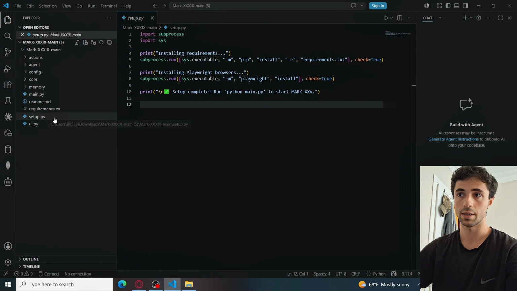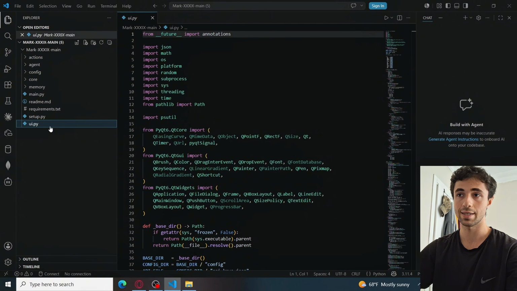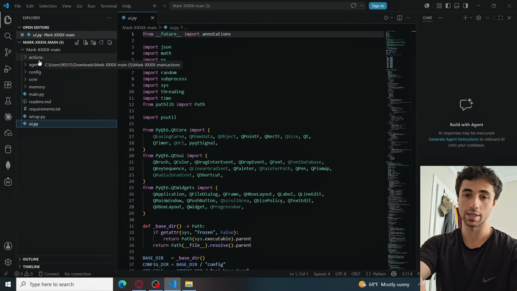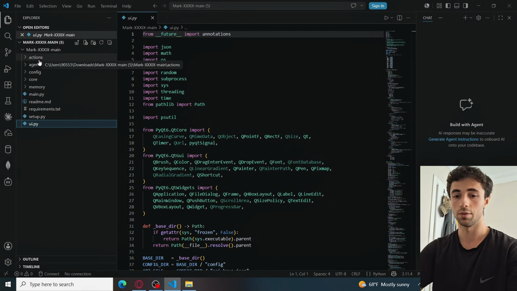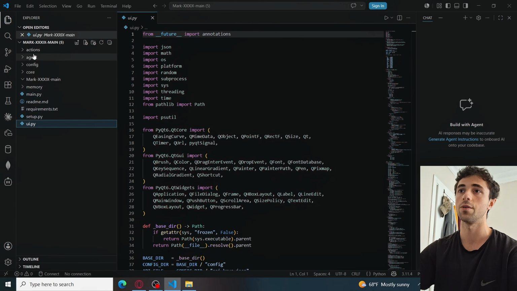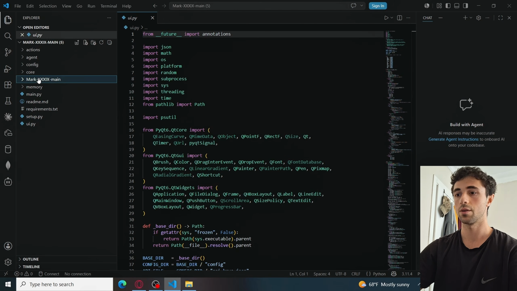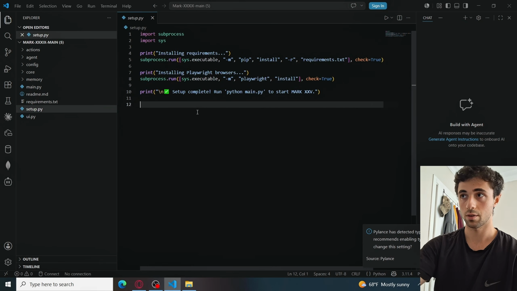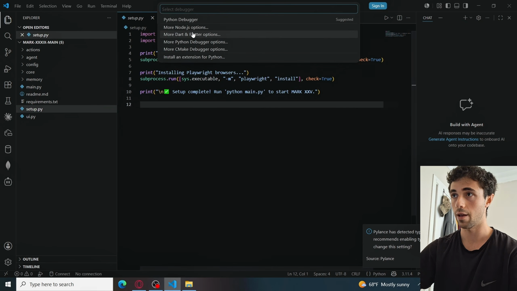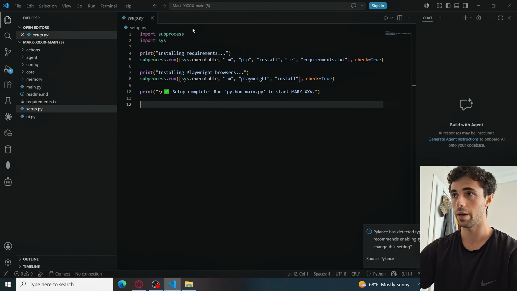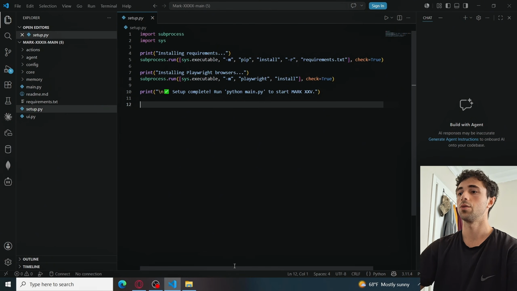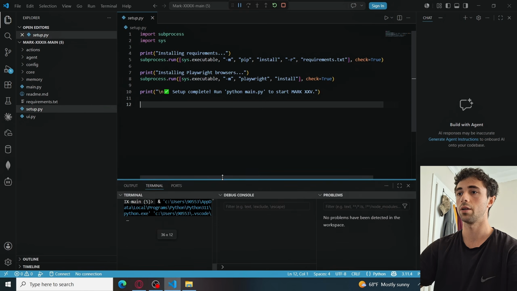So click this first file and select everything by holding the shift button, and then extract all files and all folders into this VS Code. So delete this and go to setup.py and click F5 to run directly, and then you will install every required